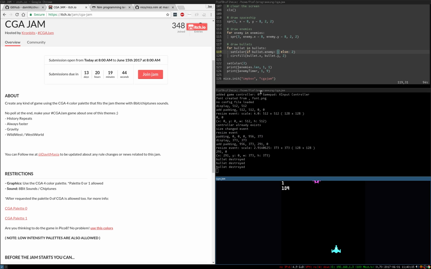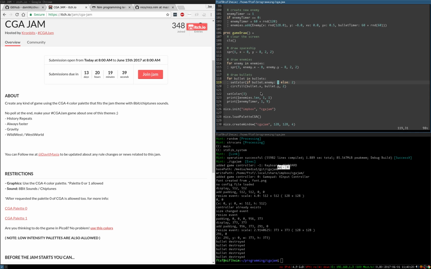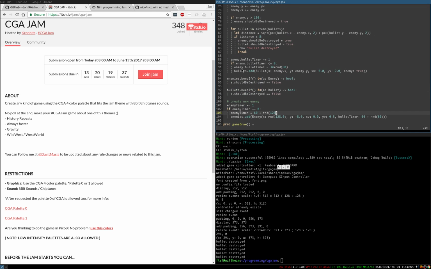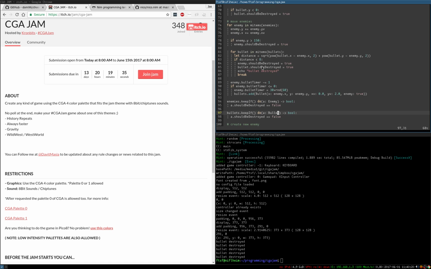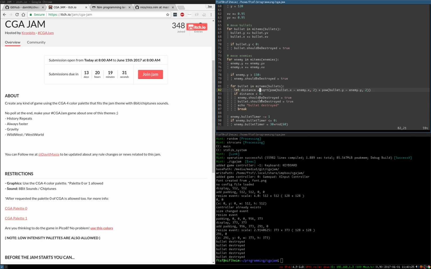Well, they're shooting, but they're shooting themselves. So we only want it to destroy them if the bullet is not an enemy. So if bullet, but